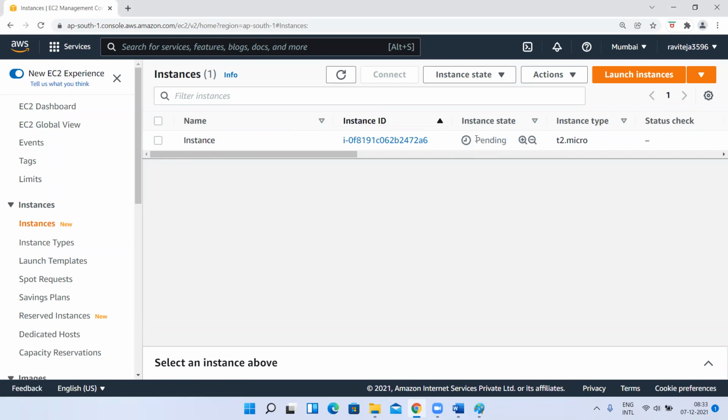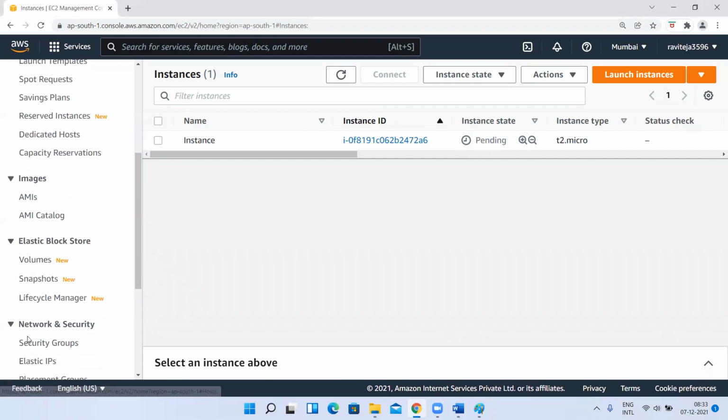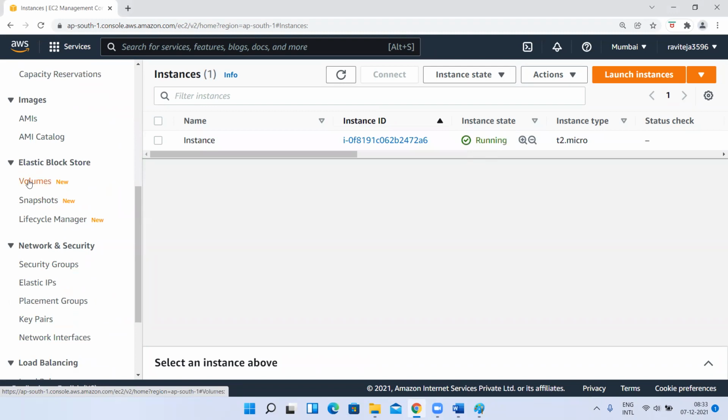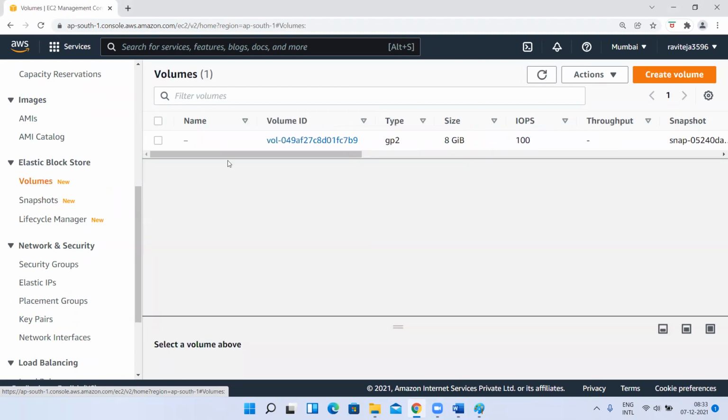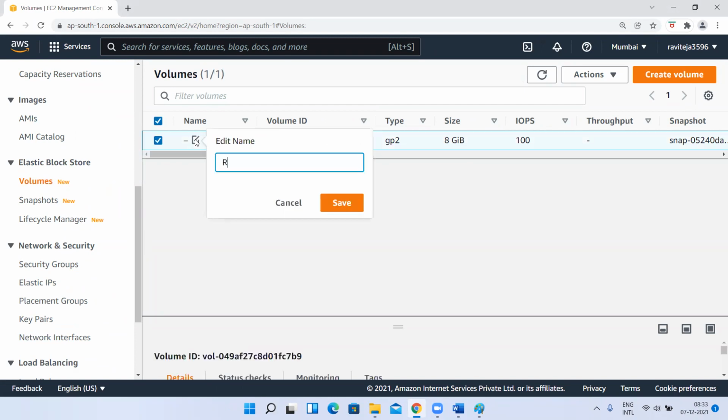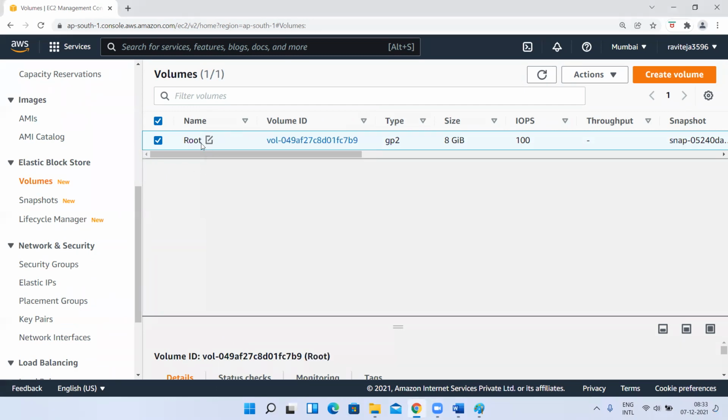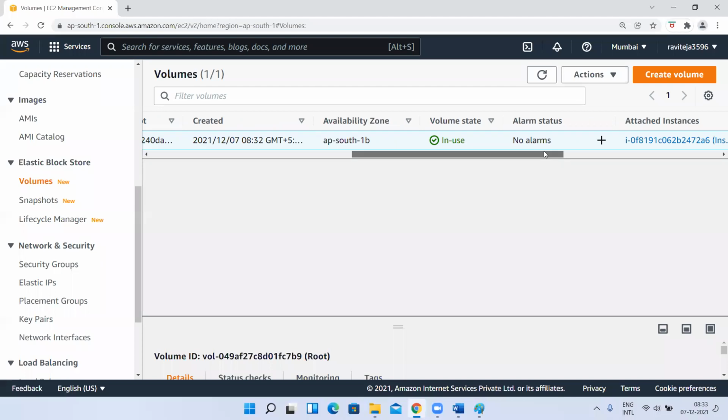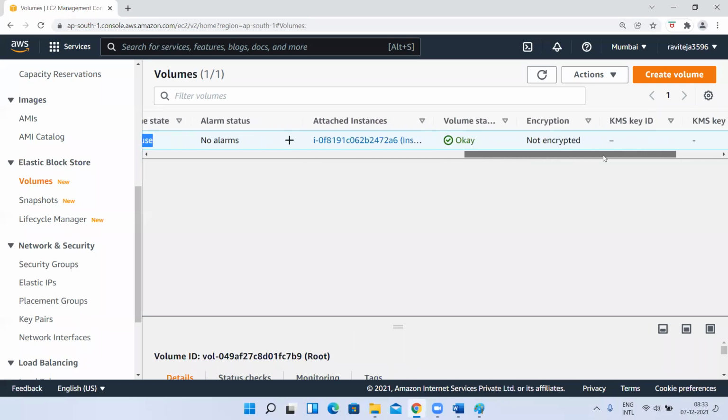For this, the root volume will be there, but I want to create an external volume. So how to create an external volume is, go to volumes here, create. Now tell me, what is this volume? EBS root volume. Whenever we create an EC2 instance, the root volume comes, right? So this is nothing but the root volume. Okay. Next, I want to create an external volume. I see it is saying the volume state is in use, means the root volume is already used.